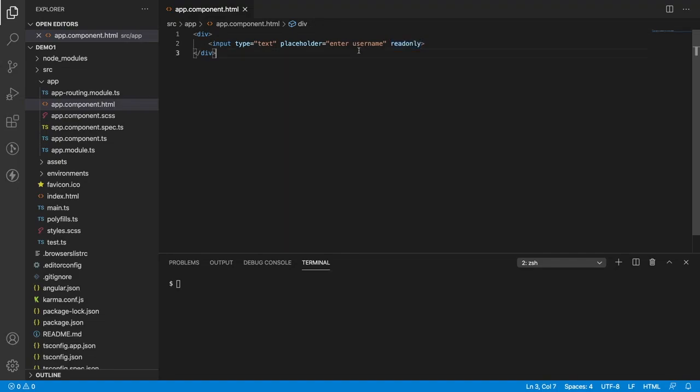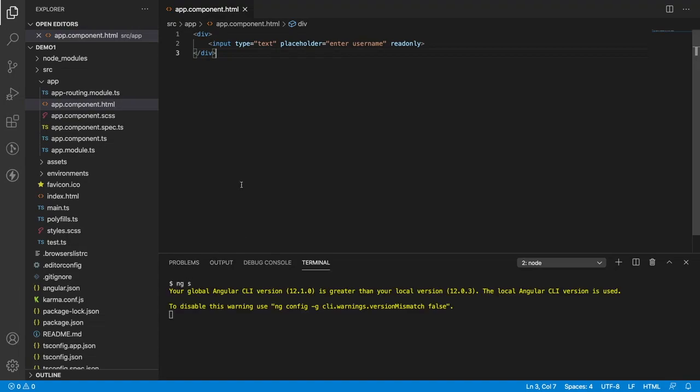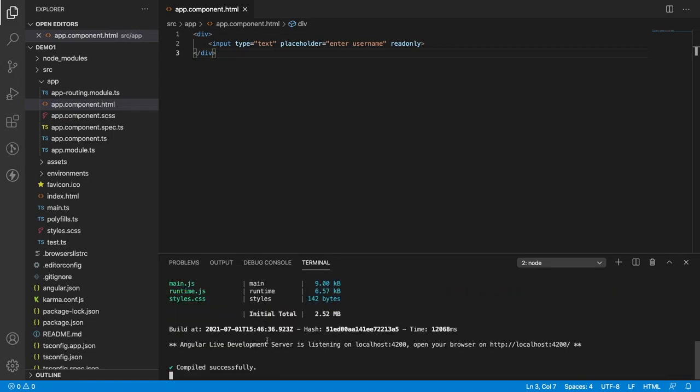This is static HTML which we have written in our app.component.html, and let's see how it will be shown on your UI. Let me hit ng serve, hit enter. To understand more about how ng serve works, I have created one video in this tutorial. Please check ng serve behind the scene. Yeah, now it was successfully compiled. Let me go into the browser, localhost 4200, hit enter. If you see here, it has an input field which is non-editable. If I am typing also, it is not editable, or I am unable to type inside the input field.